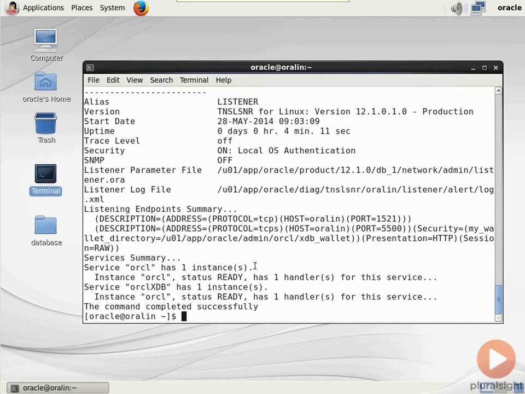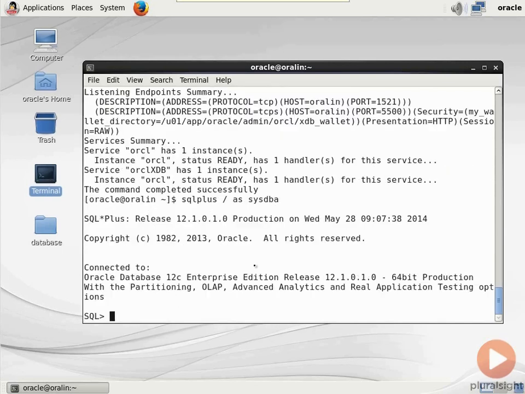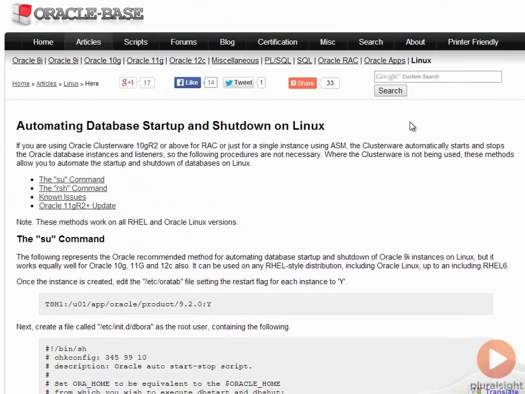So you'll need to do a SQL*Plus. You can come in as the operating system user if you're still logged on as Oracle, and then you'll have to issue a startup to start up the database. Now, at the Oracle Base blog, Tim has an